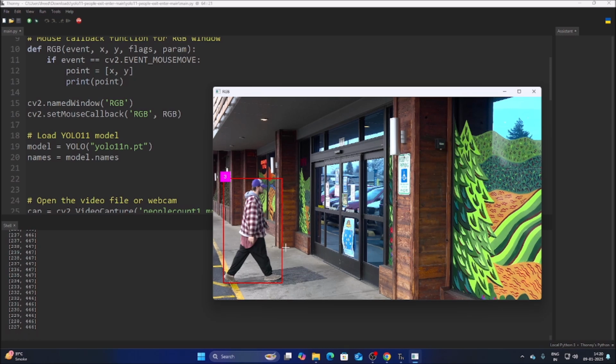So let's just say if I mention here, this is what my area and this is again my next area. If the person wants to go inside the shop, we will create the condition. So this is the rectangle and this is the person. The red color rectangle is basically the detected object. Simple. The bottom left corner of this rectangle, if it is inside our mentioned area, then